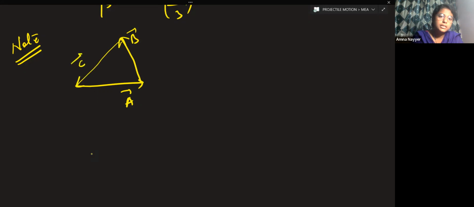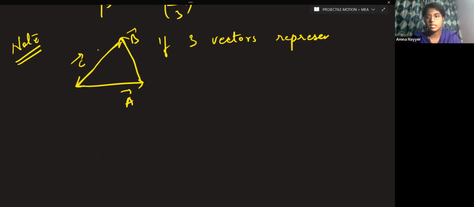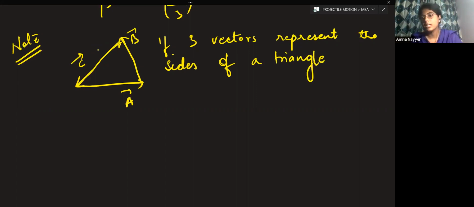This is vector C. So this is your vector C. So here, if 3 vectors represent the sides of a triangle, and no need to put adjacent word over here because there are 3 sides in a triangle only. So if 3 vectors represent the sides of a triangle, then